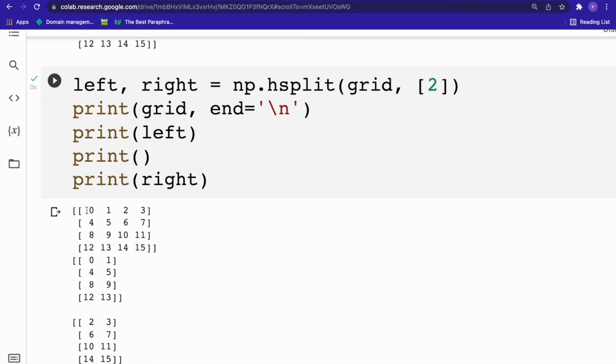So what I have is, from column 2 I want to make a split. This is column 0, this is column 1, and this is column number 2. So this is where the splitting has been done. So one split is